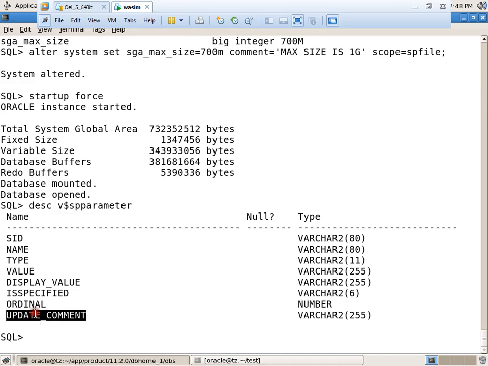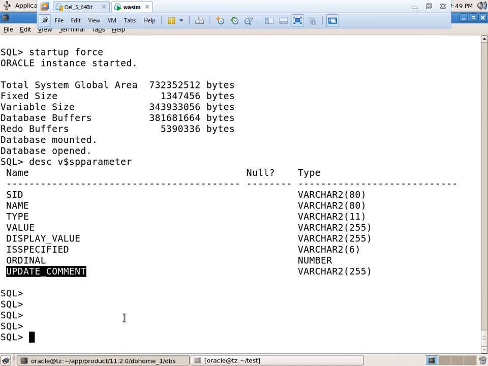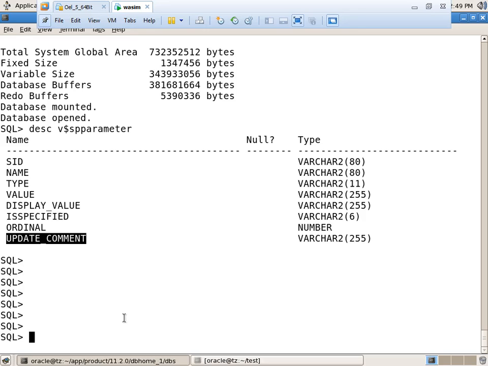See, here one column is there, right? Update comment. Okay. Through this column we can check what comment we have given.